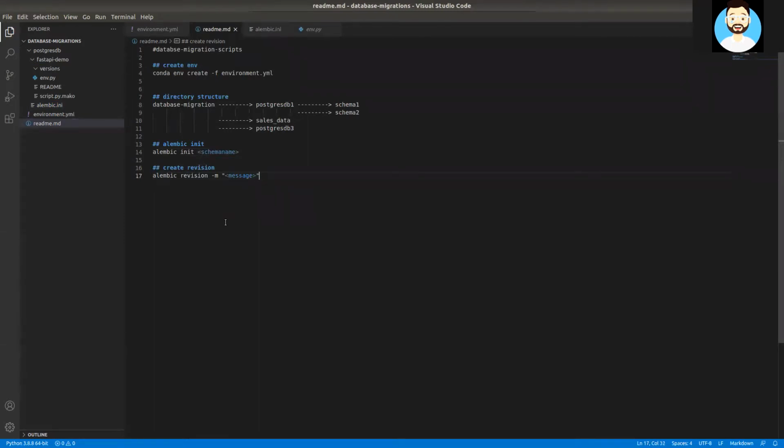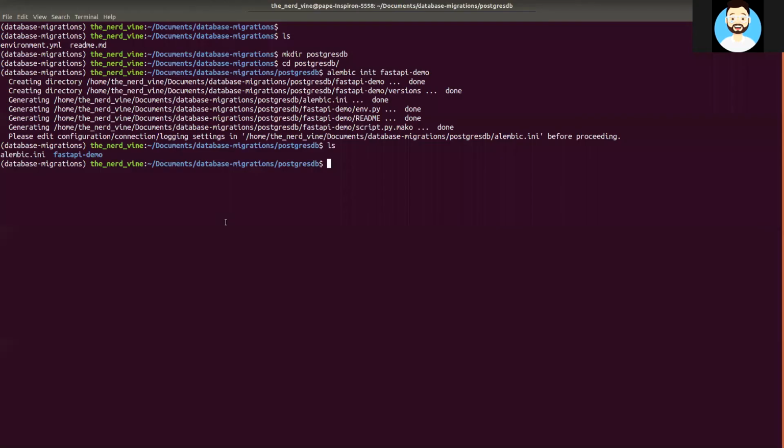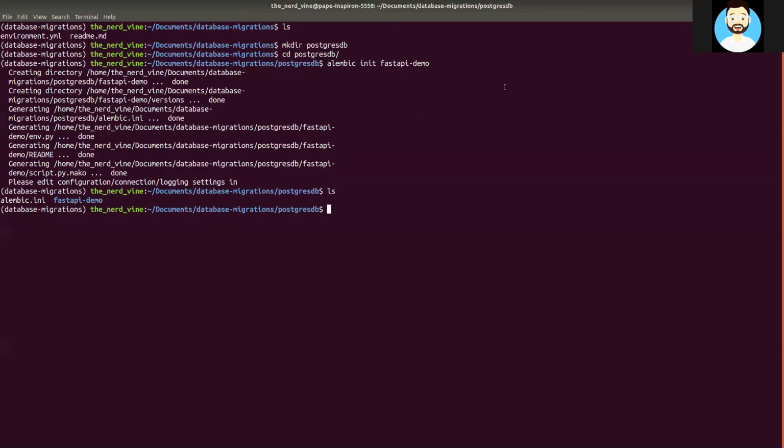Whatever we are trying to do in this revision, we'll specify an appropriate message for it. So now let's run this in our terminal. alembic revision -m, and we'll pass the message here. We'll name the revision script create student data,